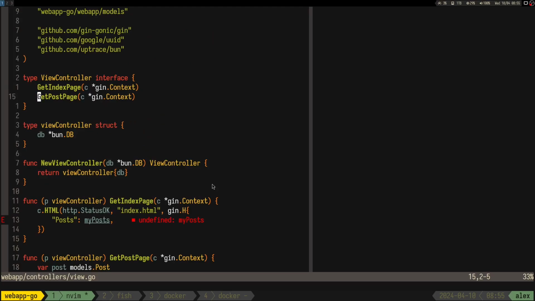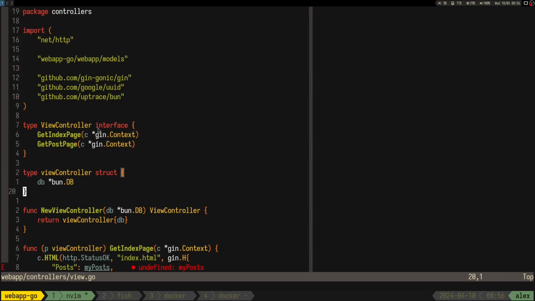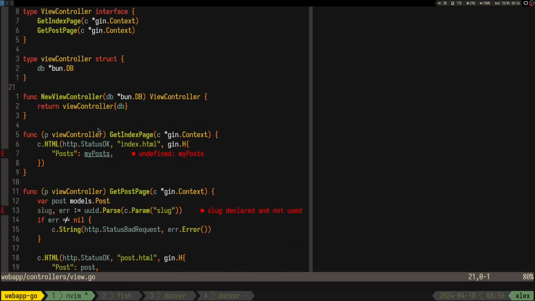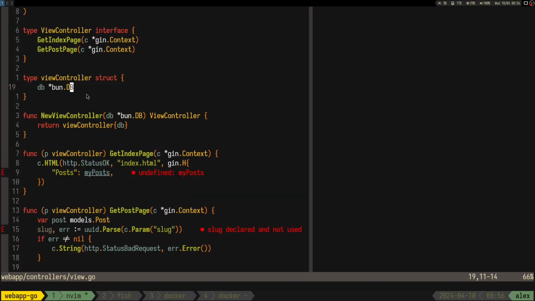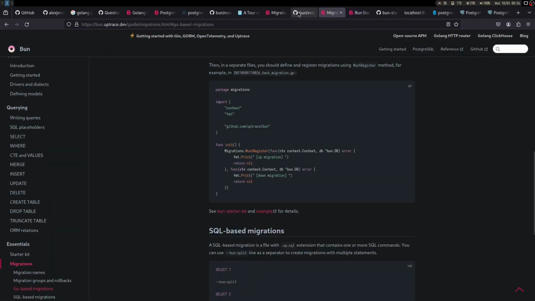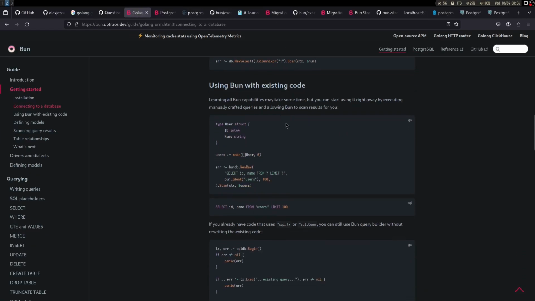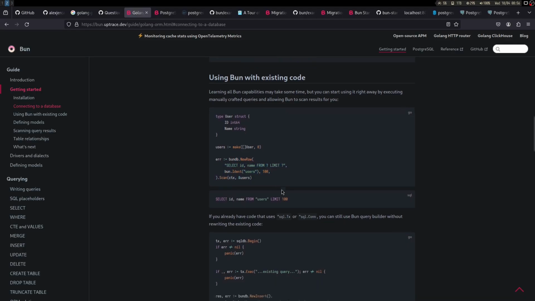So I guess the last thing that we want to do is to actually display the posts, right? Like correctly, like we had it before, because before we were able to actually see the posts. So what should we do now? Well, we have the database, so we should try to read stuff from the database. So let's see some examples. So we can actually run queries,